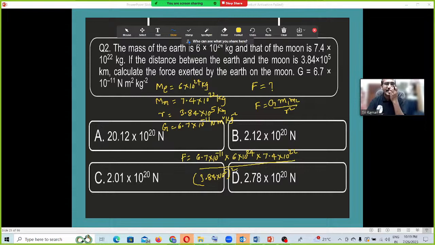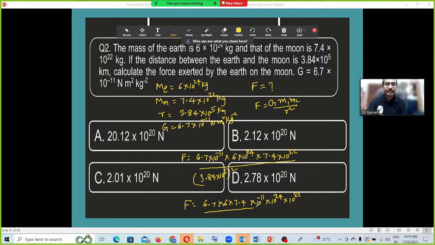Now again children will ask a question: sir, how do these 10 powers have to be solved? What to do? Now, make all the 10 powers separate. You can continue: F is equal to 6.7 into 6 into 7.4, into 10 power minus 11 into 10 power 24 into 10 power 22